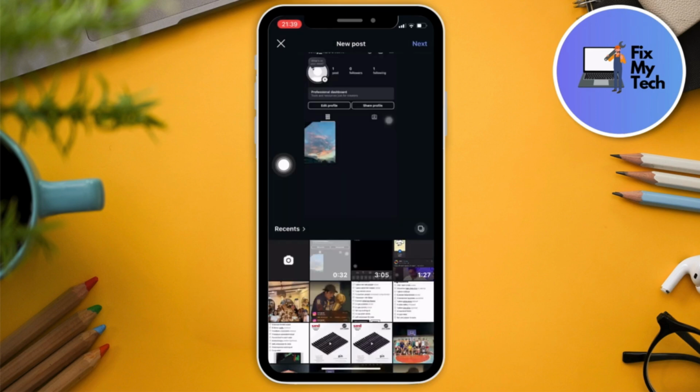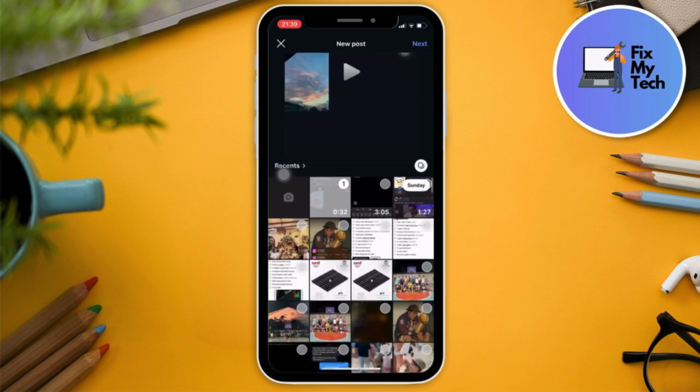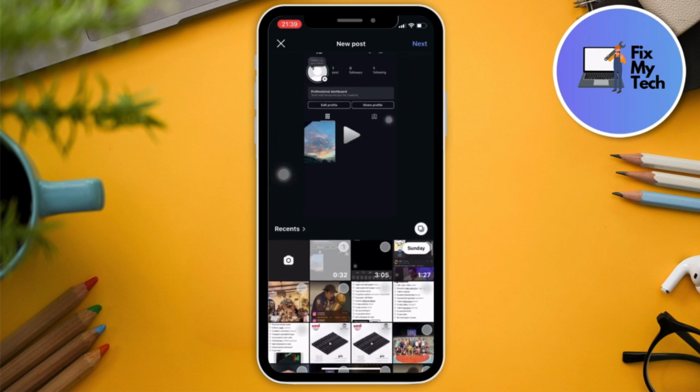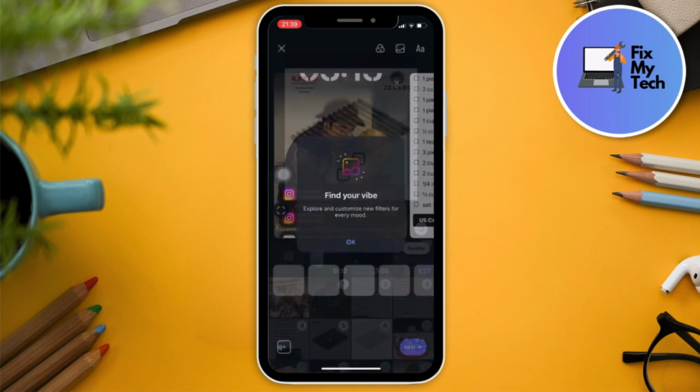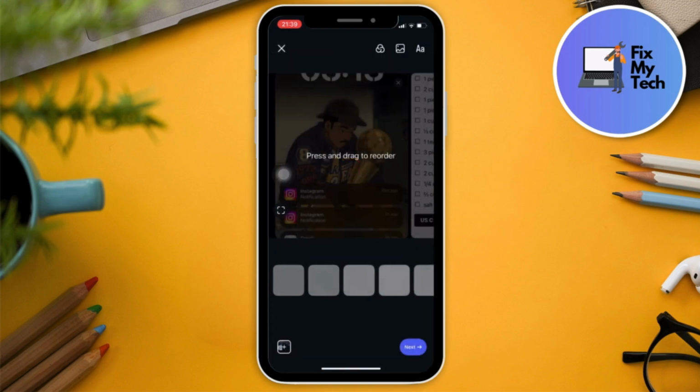Once I have my post here, you need to make sure you select this one. This icon means multiple photos in one post. If I select this one right there, as you can see right here, I can now select more than one. Let me just try this one. Just go for 5, click next, and then moving forward, if I click on next here, I can now select